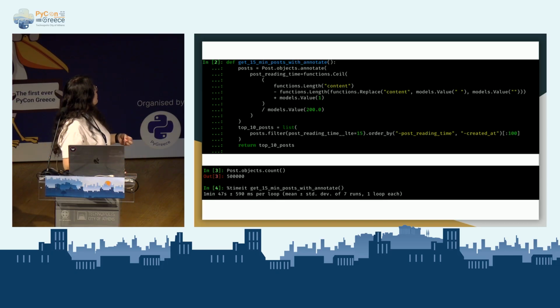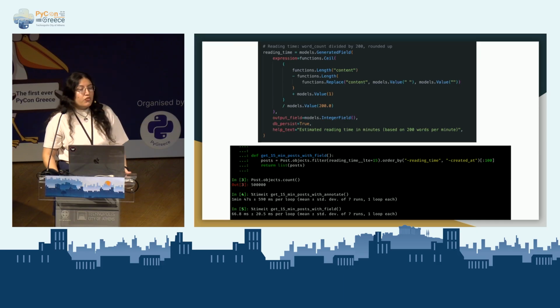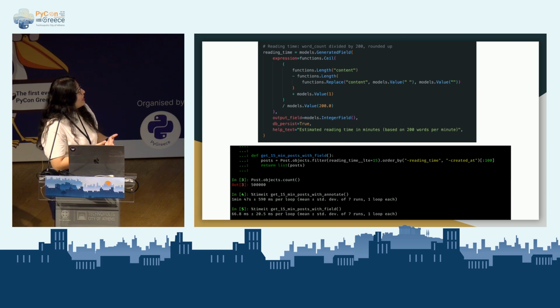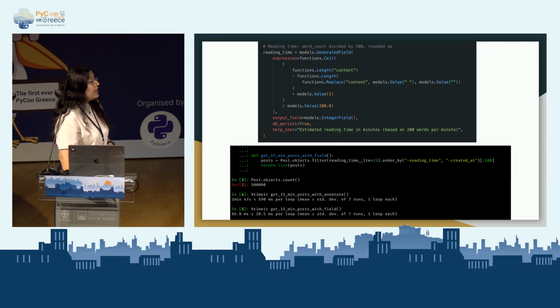But with 500,000 posts, it took 1 minute 47 seconds. But right now, you can define the reading time as a generated field. This way, the reading time is calculated and stored in the database directly, and it is faster and cleaner because you don't need to repeat the same query for each post.